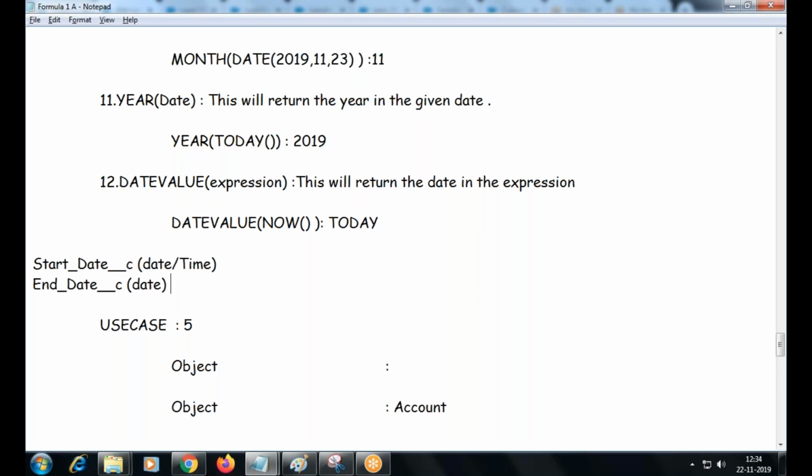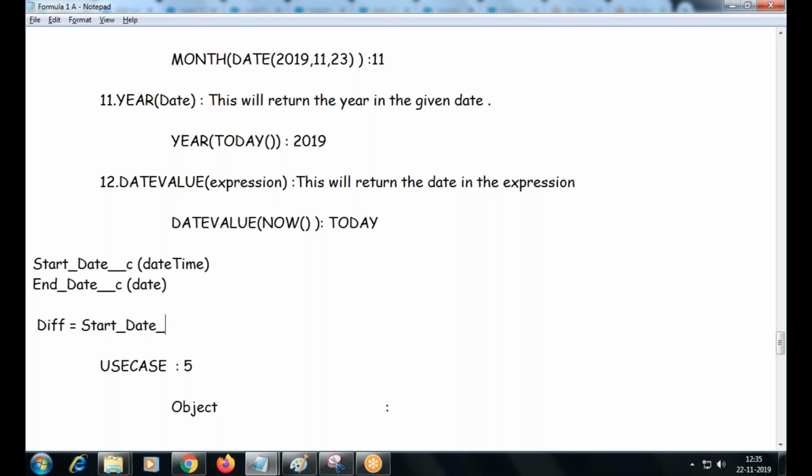Will you follow this? I have two date fields. One is in date time format. People know this, right? We have a data type called date time also. We have a field type date time. We have field date also. I need to subtract these two values. I need the difference between these two values.